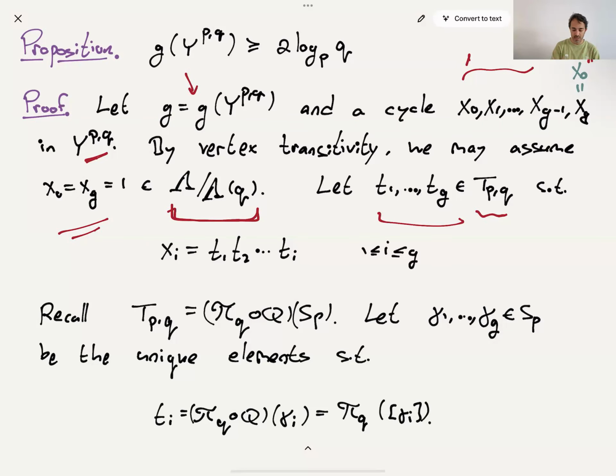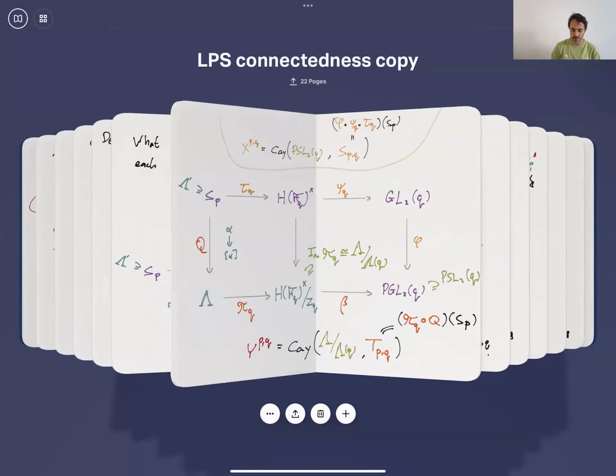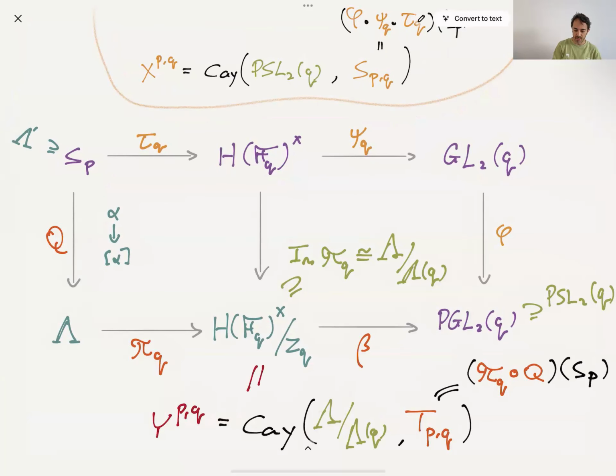And T^{p,q}, recall, is what you get when you take S_p, the p+1 integral quaternions that we like, and reduce them according to the equivalence relation Q, the weird equivalence relation that comes from the unit factorization, and then according to pi_q, which descends tau_q. Let me remind you of that. So T^{p,q} sits here: you start from S_p, you apply capital Q,